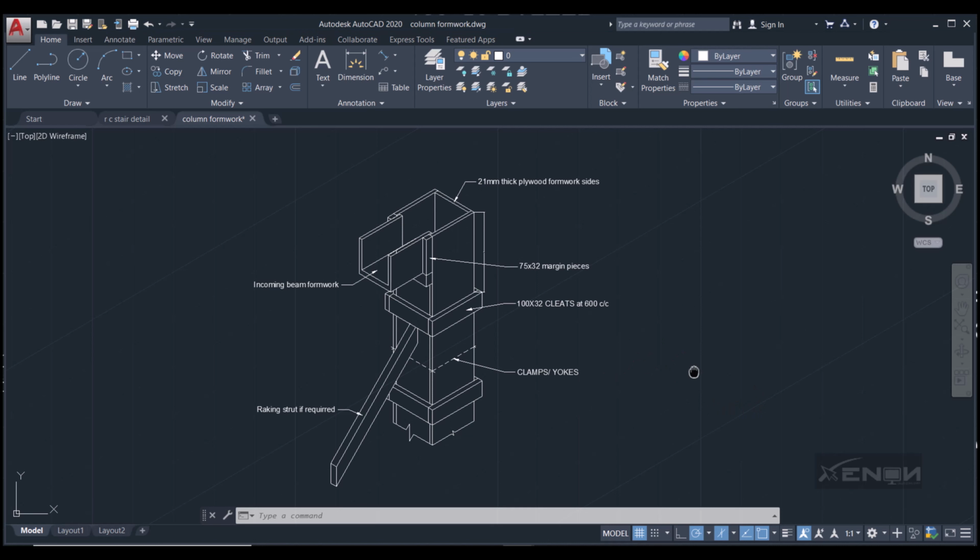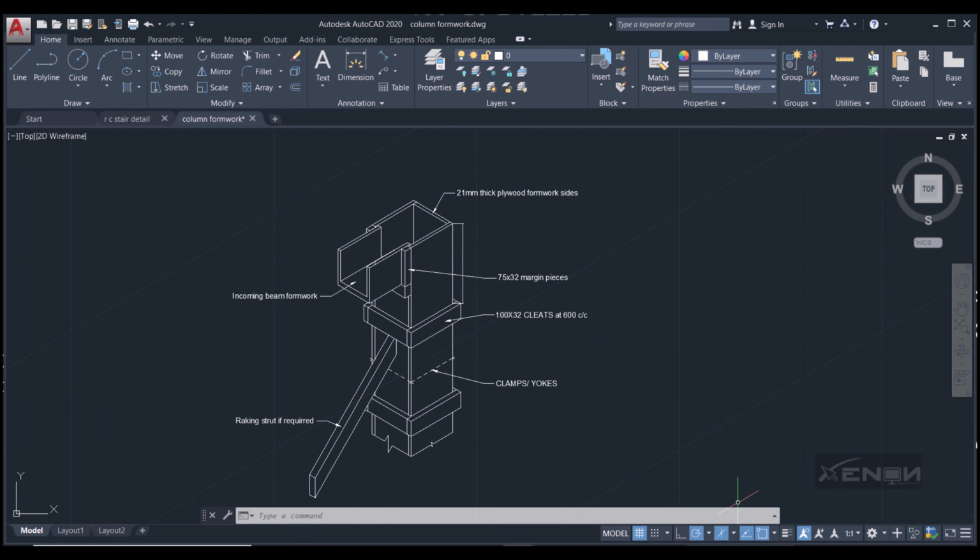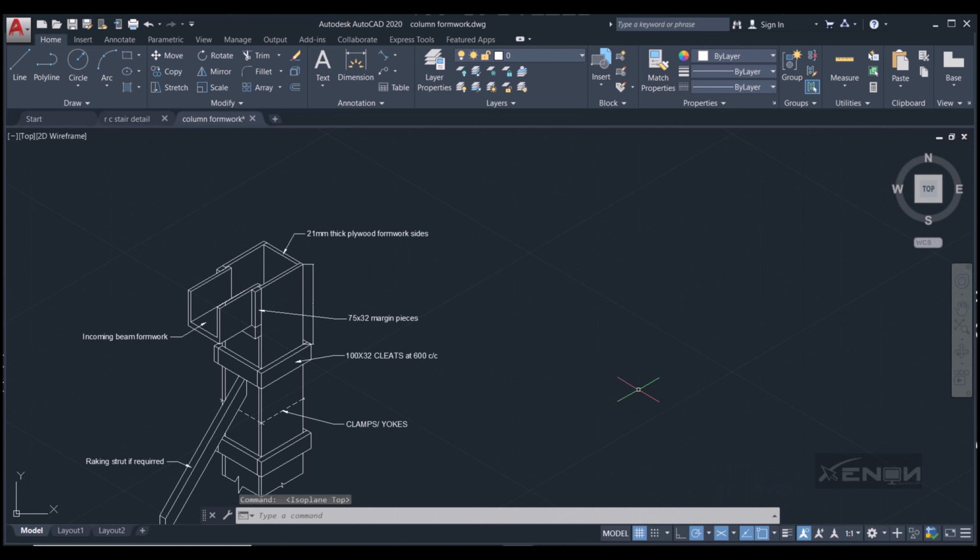I'm going to head down here and activate your ISO drafting. I'll start by drawing this top face up here, so I'll start with my ISO plane top. Perfect. Then I'll draw two lines. Now I want to have a column of 300 by 350, so I'm going to say this is 300,